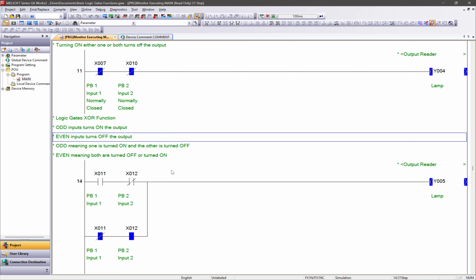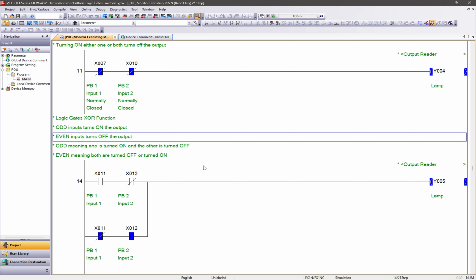Moving on to the last gate function, logic gates XOR function. Brief definition would be: odd inputs turn on the output, even inputs turn off the output. Odd meaning one is turned on and the other is turned off. Even meaning both are turned off or turned on.